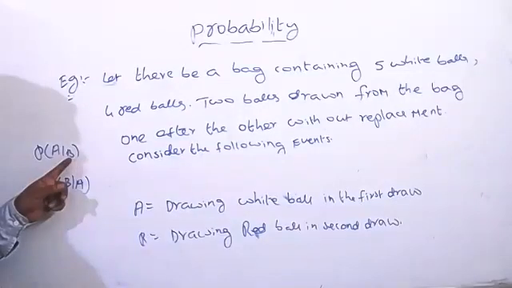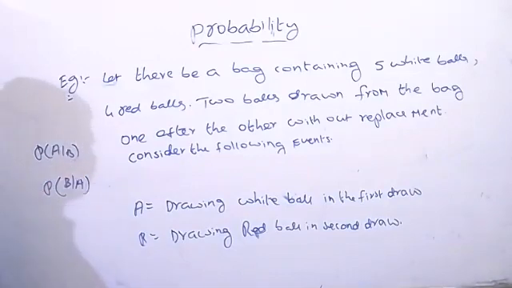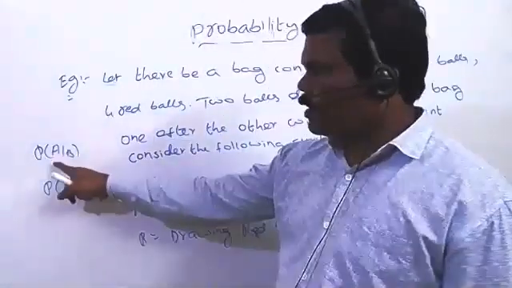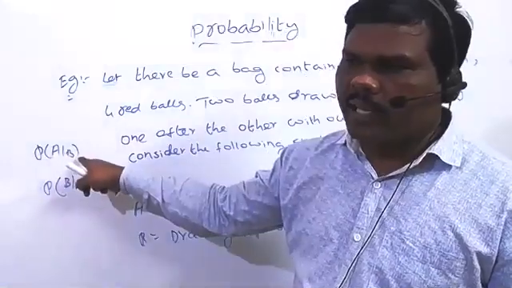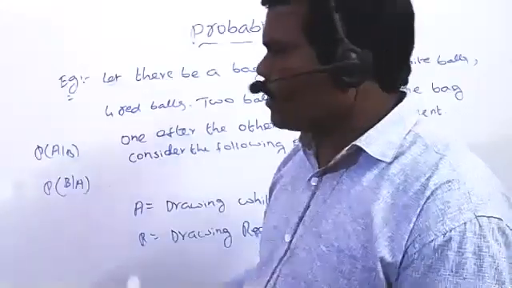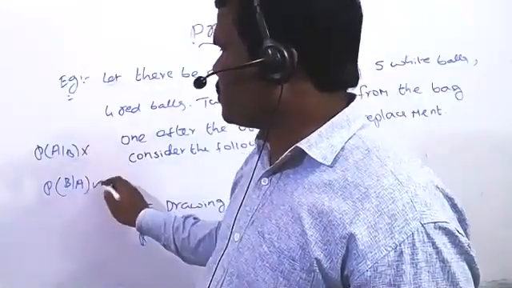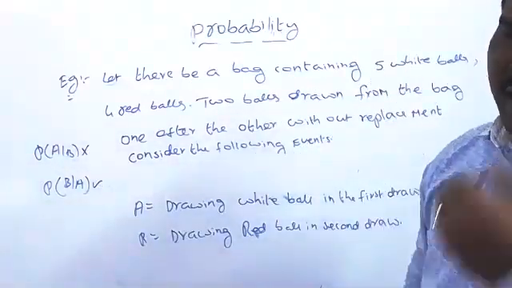B already drawn. But in this case, is it possible to draw B without drawing A? No, sir. Clearly, you can observe that; we already told it very clearly. What is the meaning of the probability of A by B here? Before occurrence of A, B has occurred. Correct? Sir, B by A is possible. That means it's clearly not possible; only this is possible here. You should understand that clearly.